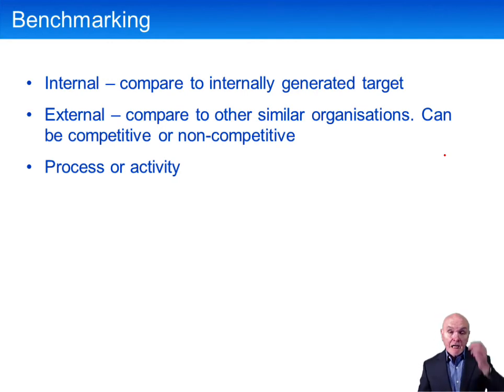The three main types of benchmarking are set out here. Internal. Compare what you do to an internally set measure. Now, it has to be justified by something. You can't just sit in the dark room and say, well, I think the time to produce this unit is 17 minutes. Generally, this internally generated target has to be made valid either by previous years,